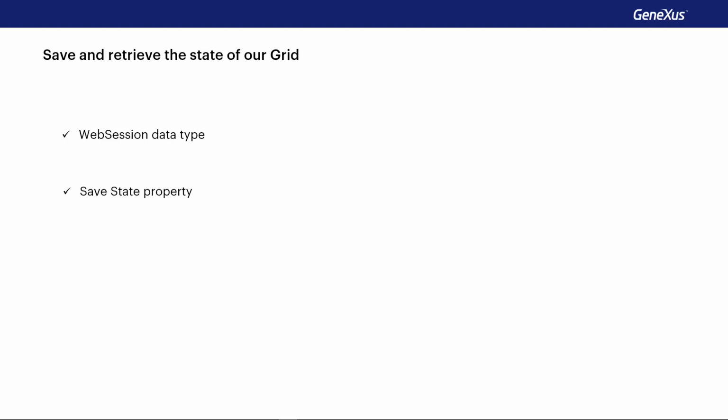Basically, what this property does is to allow us to save in memory, in a web session variable, all the information about the state of the grid page we're in, the filters applied, and so on. When this page is reloaded, the last known configuration is automatically restored, which is what we did manually during this video with the session variable. But it'll be done by configuring a property in an automatic and totally transparent way, since we will not see added code in the generated objects. Let's see it at runtime.